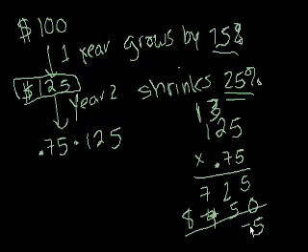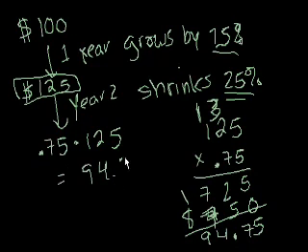So it's 5, 7, and then 7 actually, 14, 9. 94.75, right? 2 decimal places. So it's interesting. If I start with $100 and it grows by 25%, and then it shrinks by 25%,